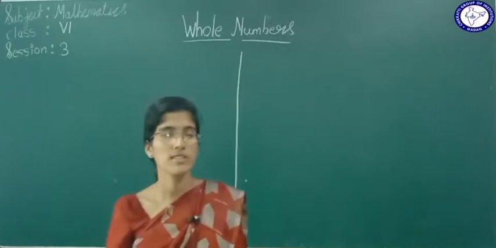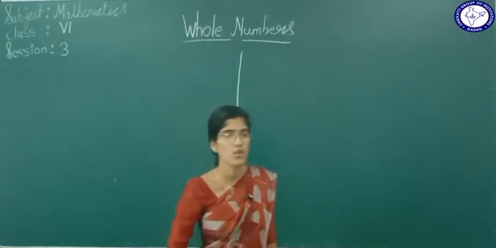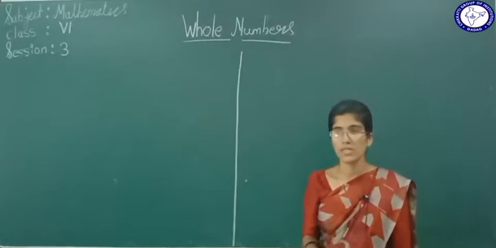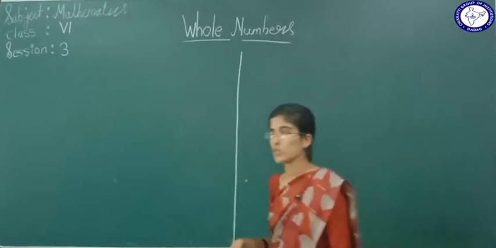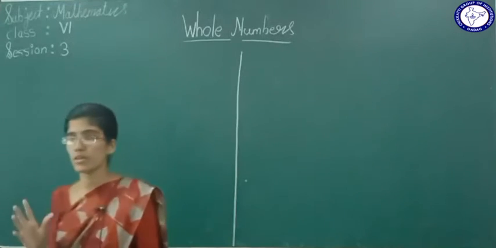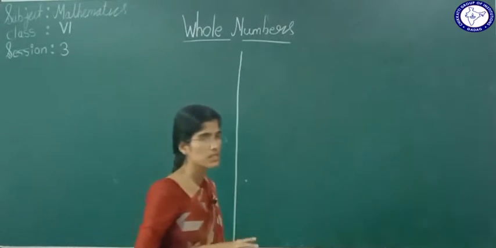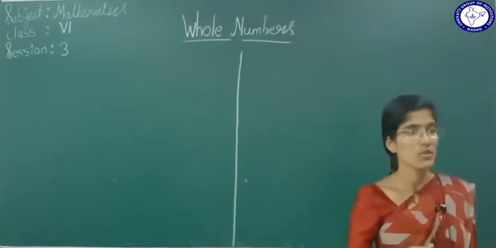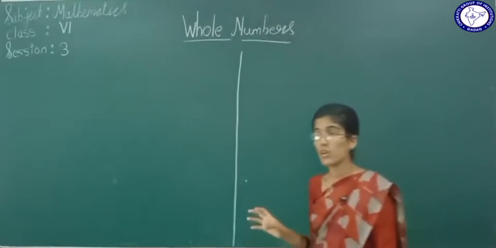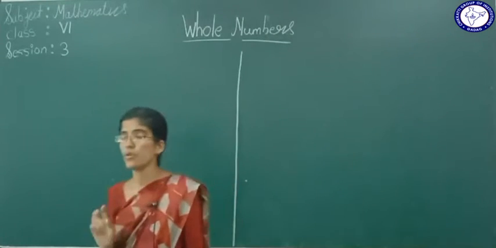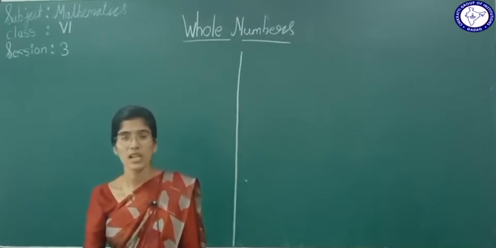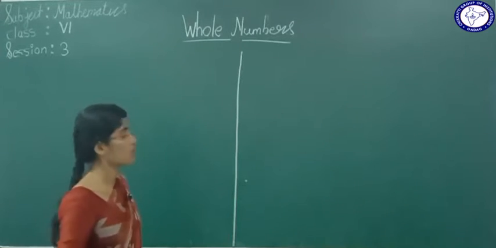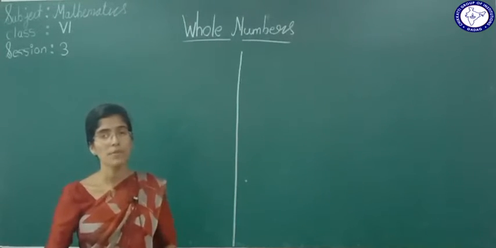Good morning students. In last class we solved exercise 2.1 based on whole numbers. In that we came to know what a whole number is, what a predecessor is, what a successor is, how to add whole numbers on the number line, how to do subtraction, how to do multiplication. In today's class we are going to extend our further studies based on whole numbers, that is, properties of whole